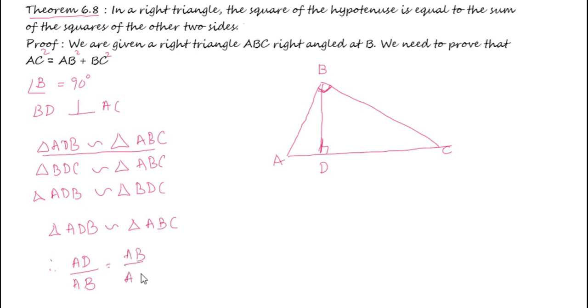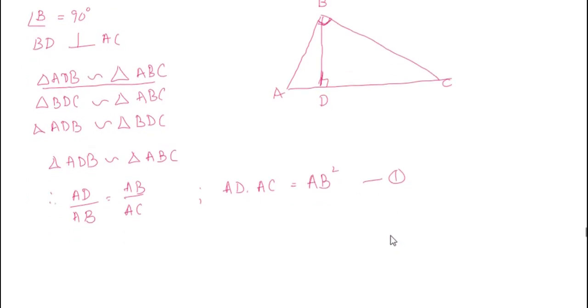Now cross multiplying, we have AD into AC equal to AB square. This is 1. Let us take the next set of triangles. Triangle BDC similar to triangle ABC. Now CD or DC will take as CD